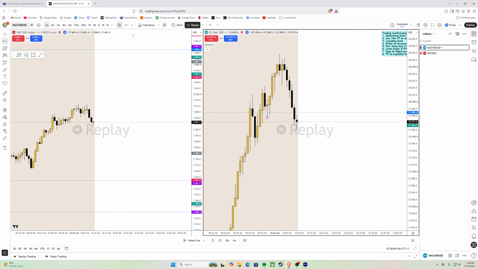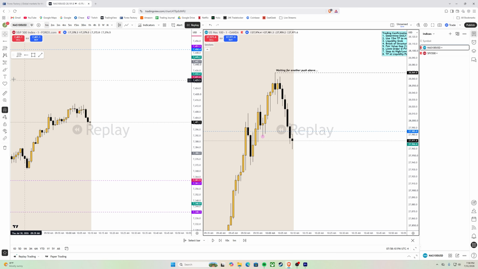So at this point, this is what I'm looking for. Waiting for price to make another push above, because if it does not fit my confirmation, I do not trade, and I wait for price to make another push above, hoping that it fills my confirmation to give me an entry, so then I can take price lower. And this is the level of discipline and patience you need to have as a trader, right? You need to be clear in your mind on what you're looking for so that you don't make these mistakes, because you're going to see what happens.